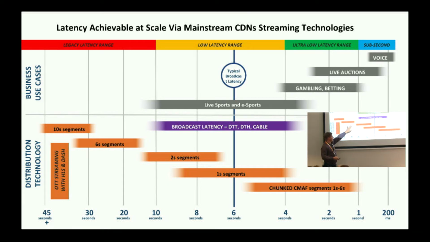So if you go to 6 seconds, 2 seconds, or even 1 second segments, you can reduce your latency to in the 4 to 8 second range. And you can do this across the Akamai network today. But what's interesting down here, if we go to the low end of the scale,